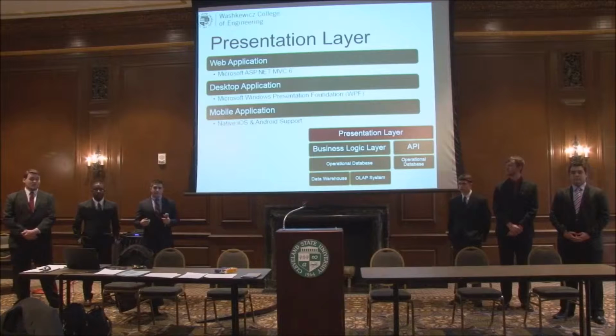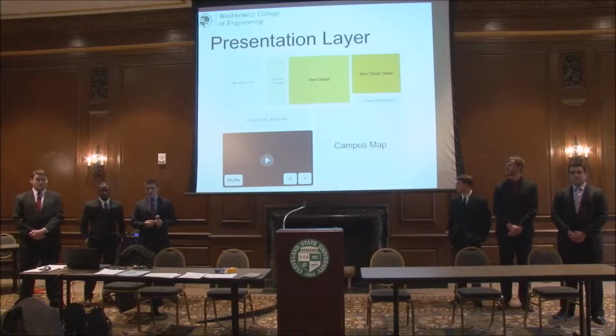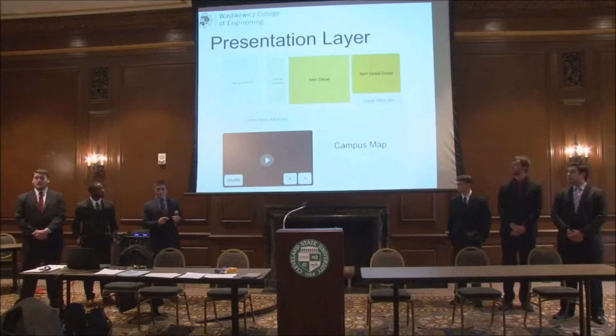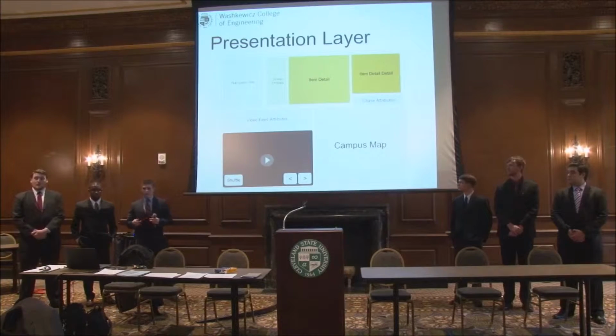All it has to concern itself with is updating its own user interface, which might look something like this. Where in the bottom left, you would have a video. In the bottom right, a campus map. And this would be for law enforcement use, where they would be able to see at a glance all of these different attributes. At the top, they'd be able to select a zone or area of concern. They'd be able to select an active chase, all sorts of data that they would be able to report on within the app. But the presentation layer would make this possible without having to concern itself with the implementation details